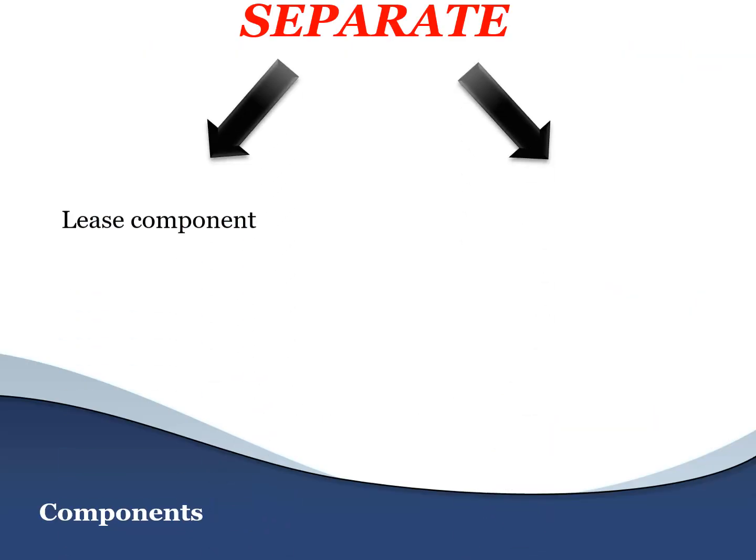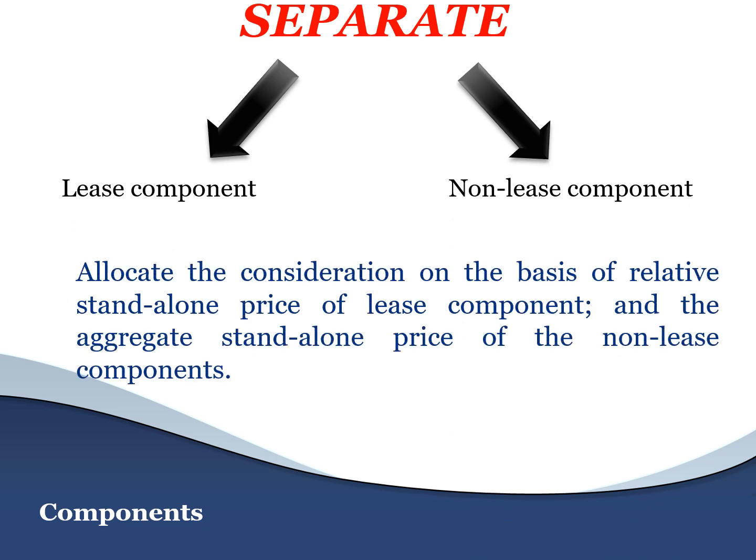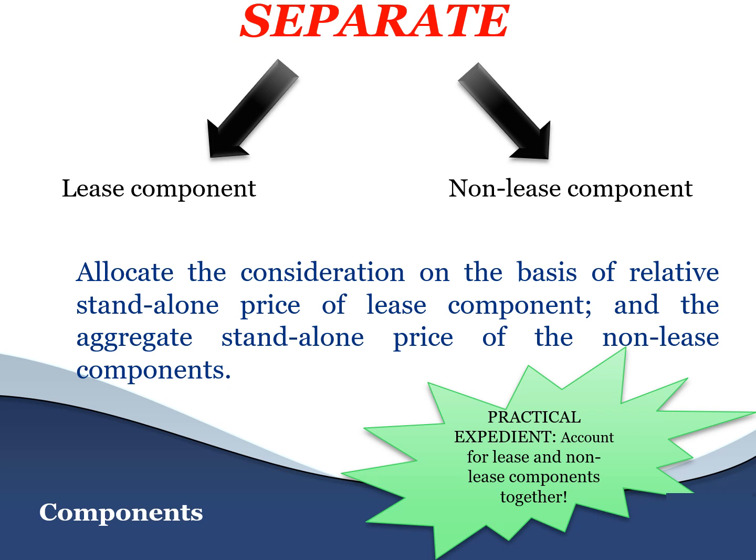The standard says quite simply, separate them. You need to separate out the leasing component and the non-leasing component. How do you do that? Well, effectively, you allocate the consideration on the basis of relative standalone prices of the lease component, and of course the aggregate standalone price of the non-lease components. So what you need to do is go out and work out effectively what value in the contract relates to the leasing components, what value relates to the non-lease component,